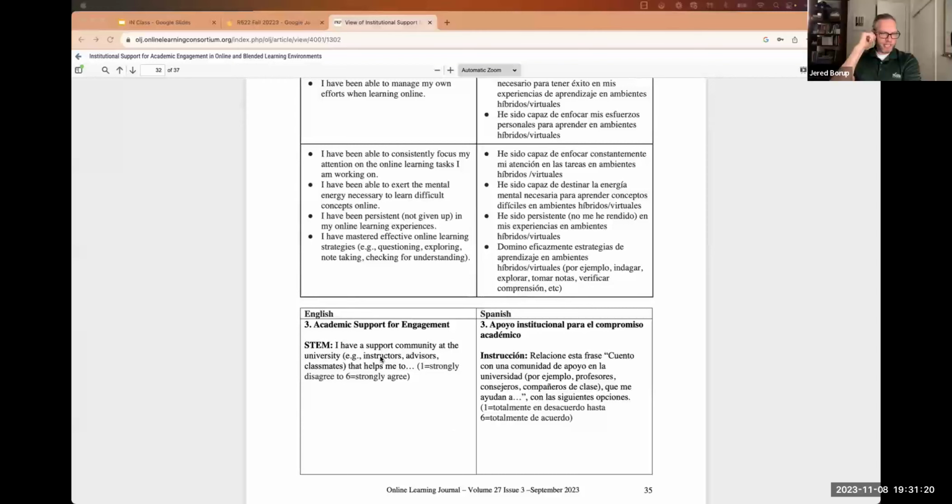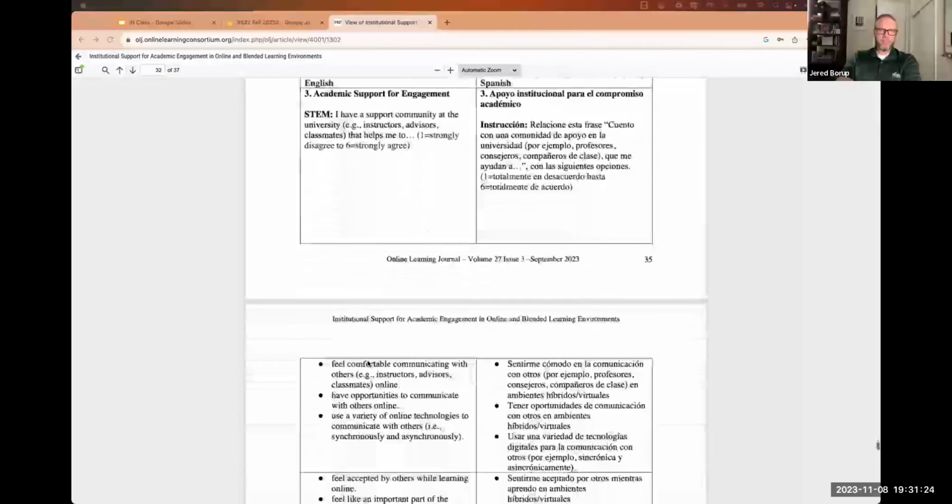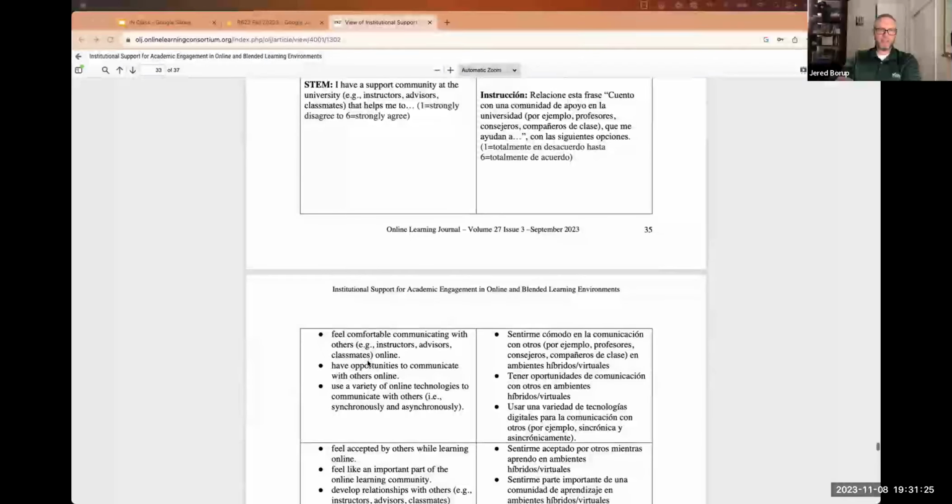And then you'll see that there's academic support for engagement. You'll see the stem: I have a support community at the university, e.g. instructors, advisors, classmates that help me. And then we've listed all of these down here, so the full instrument is there.